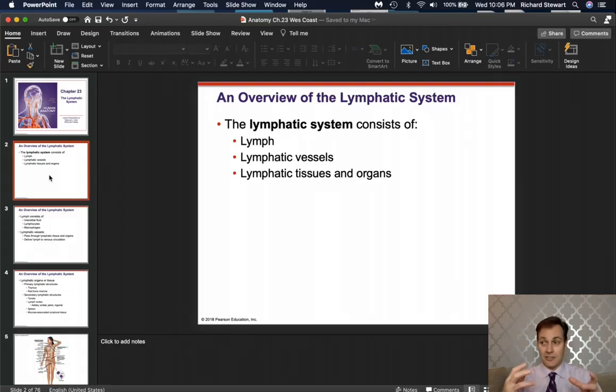So let's say you hurt your ankle and your ankle starts to swell up. Now, when you put your ankle up in the air, you're not having the veins drain the fluid out of your ankle. The fluid that built up in your ankle is in the interstitial space. So when you put your legs up in the air, now you're draining that fluid into your lymphatic system.